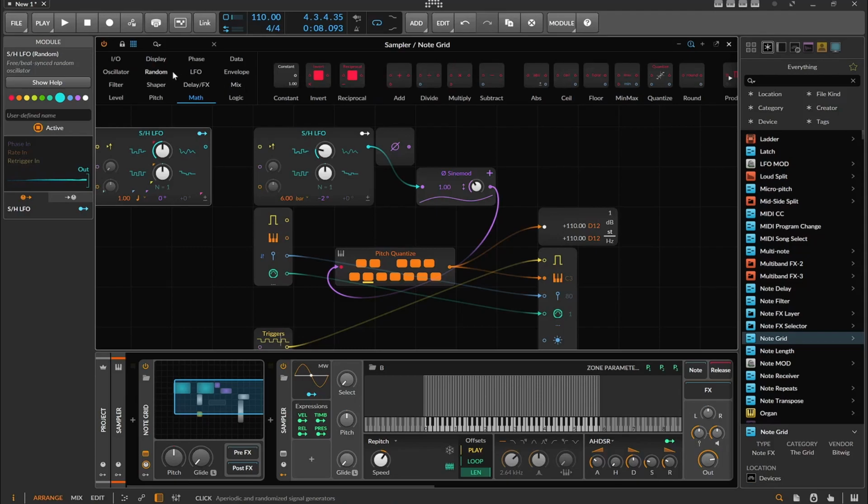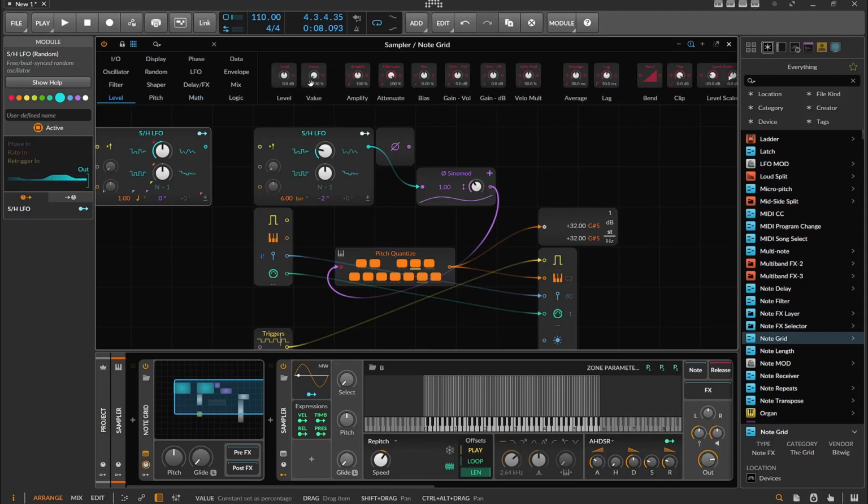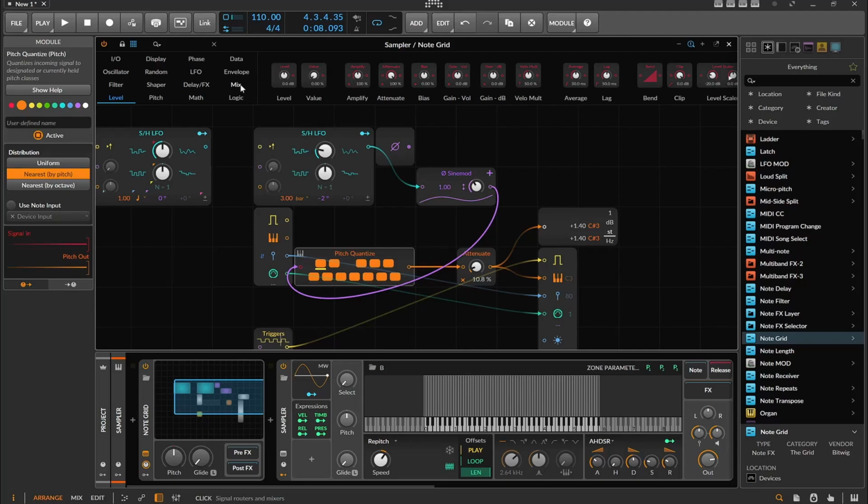All right, now we need to lock it down value-wise. We need to either amplify it or attenuate it, because we need to get it down within the range of our samples. All right, we're getting better. So now,